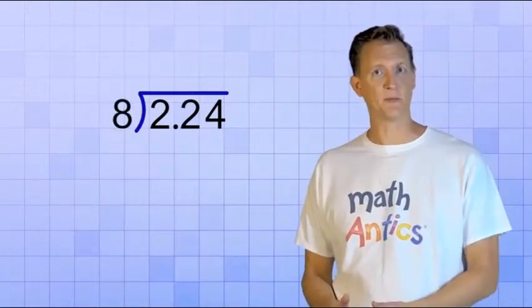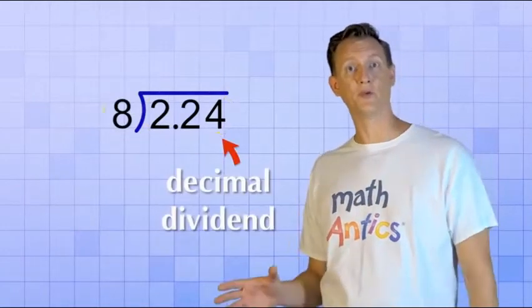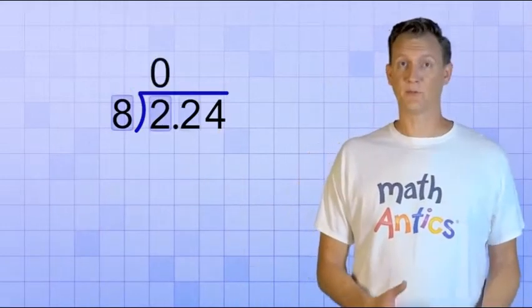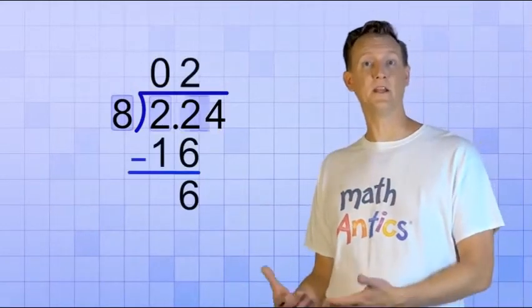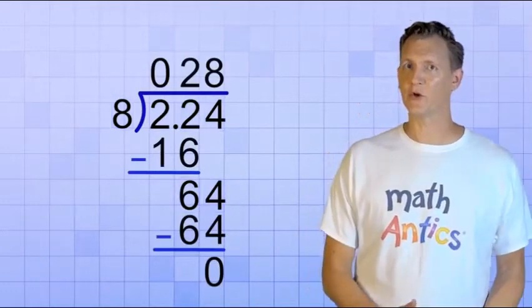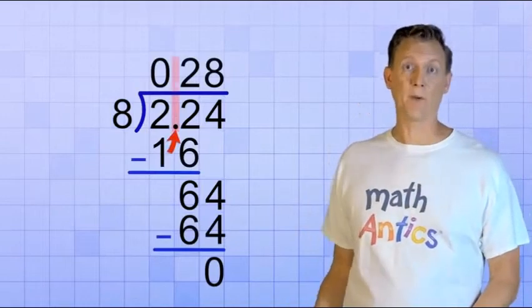If you just have a decimal dividend and the divisor is a whole number, it's really simple. That's because you can just do the long division procedure that we learned in the long division videos, and the decimal point doesn't affect it at all. You just need to make sure that you bring a copy of the decimal point up into the answer line